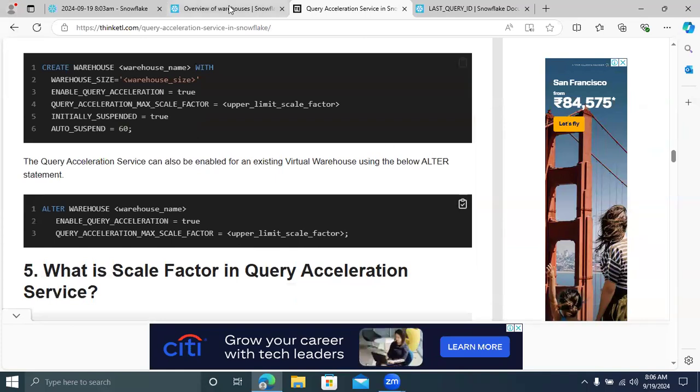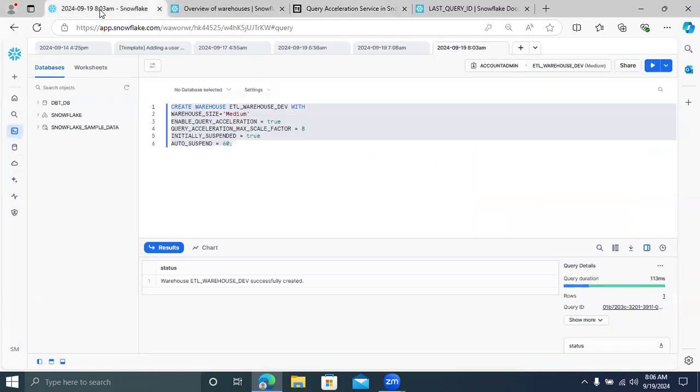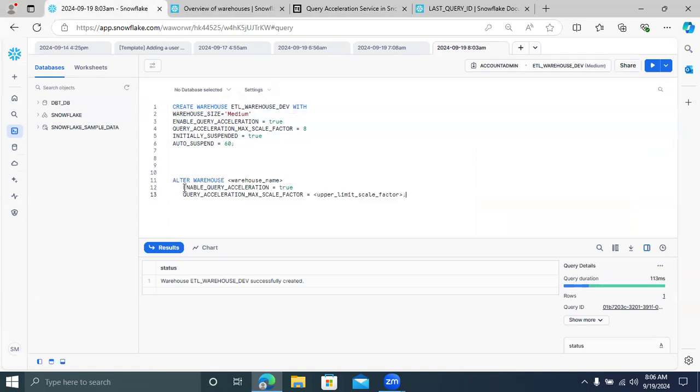It's very simple, guys. Just copy the statement, trim those spaces, remove the leading spaces, and give the same warehouse name because you're going to alter the warehouse. The alter statement is very powerful, guys. I want to increase the scale factor to 10 now.